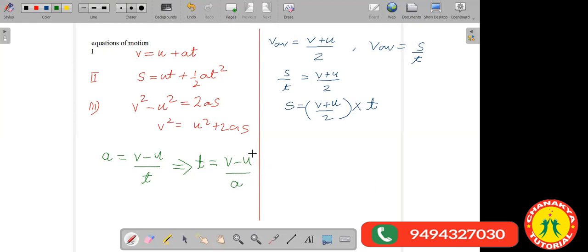So using this value of time, we can use it in the third equation of motion. Here if we utilize this value, we can write,